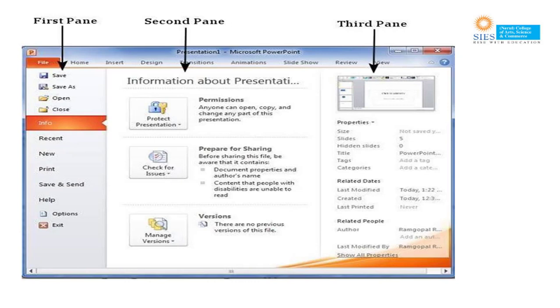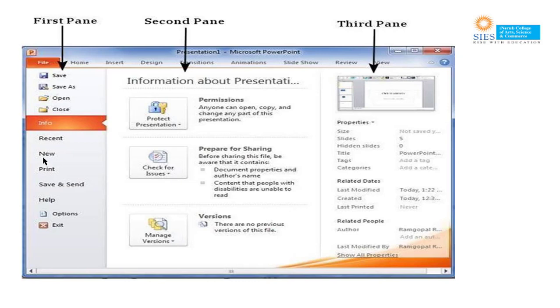New, this one, new, will allow you to create a new file using blank or predefined templates. Next is print, allows you to select the printer settings and print the presentation.